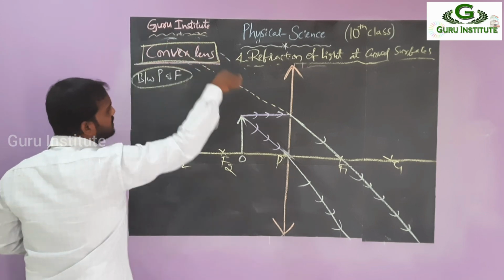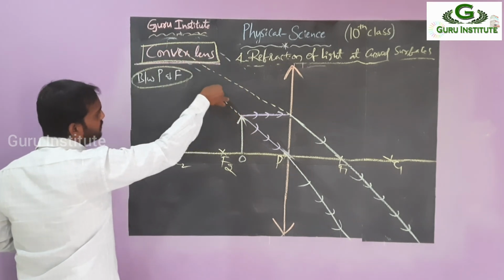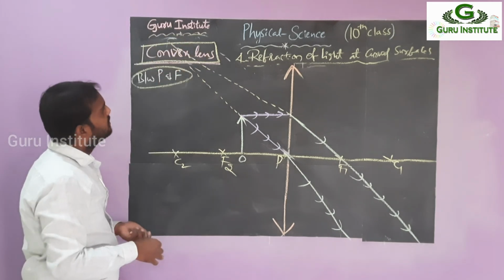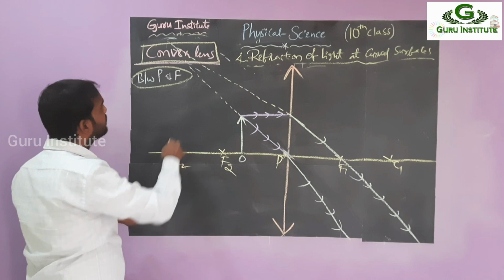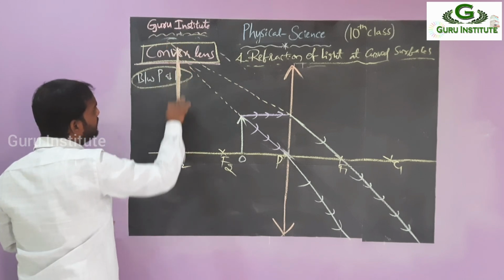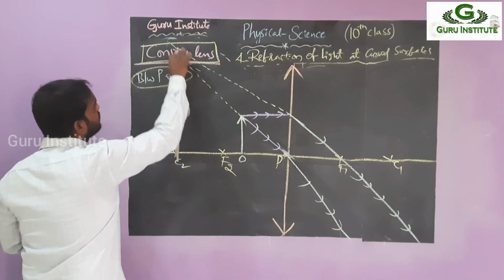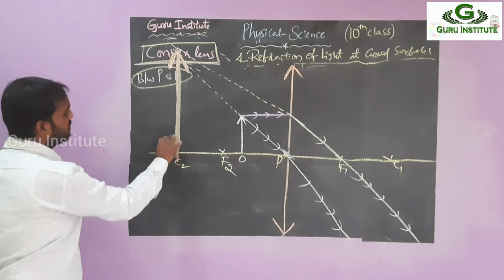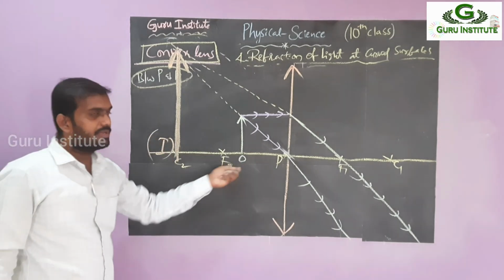I am extending up to this side, so this is also extending my back side. Okay, right. So these are moving back like this. So where the image is formed, here they are met. Here they are met. So this is the image. Okay, right? So this is the object, this is the image.